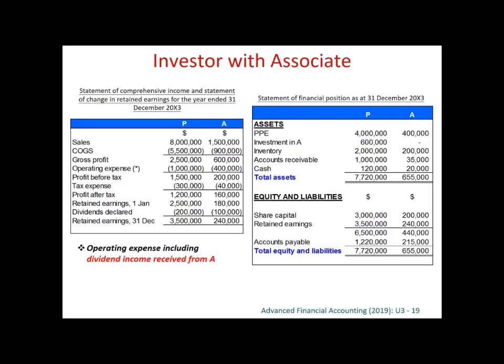However, this is just the book value of the net assets reported by the associate. The financial statement of the associate did not take into account our consolidation adjustments. The same for a subsidiary, right? When we reconcile for the non-controlling interest, the book value of the net assets reported by the subsidiary did not take into account the consolidation adjustments. Therefore, now we have to make those adjustments.